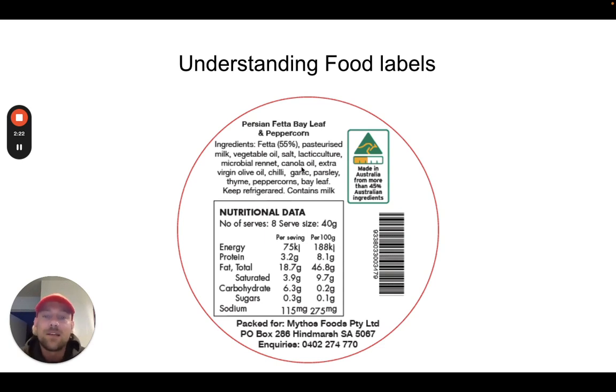But basically what we need to know is the amount of protein in something, in this case 3.2 grams. We need to know the amount of fat in something, in this case very high, 18.7 grams, and then the amount of carbohydrates, 6.3 grams. We don't really need to know anything else in terms of macronutrient breakdown. Macronutrients make up calories,